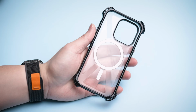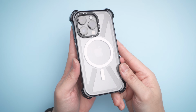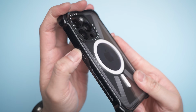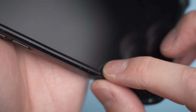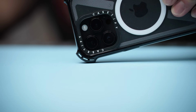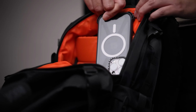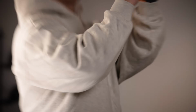But for a tougher than tough case, installation is simple, snapping each corner in, and while thicker than the Impact series, it's still manageable one-handed, with clicky buttons, and offers the same features as mentioned before, except like the name suggests, these air pocket corners really do bounce, absorbing every hit so your iPhone doesn't have to feel it, all while still being very pocket friendly too. Surprising, as it looks like there are horns sticking out of it, but like the unicorn it strives to be,